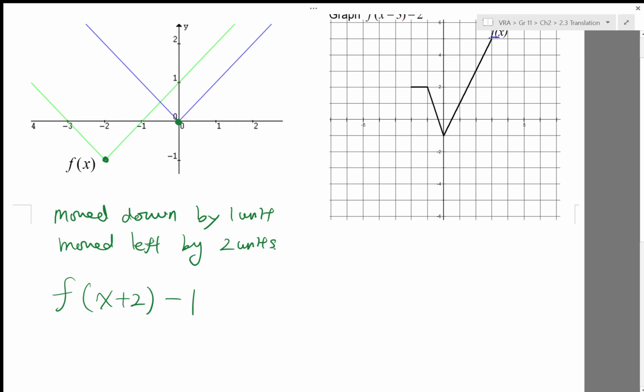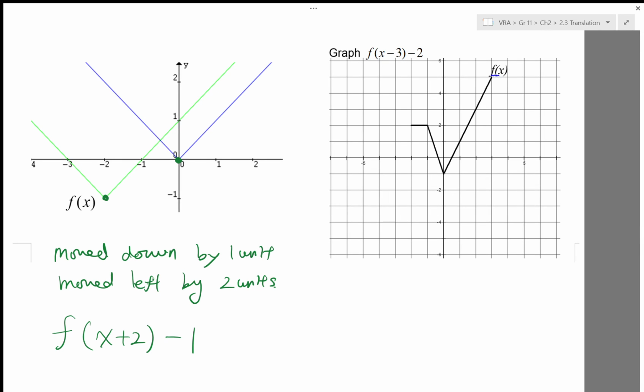Now, the last one, I actually want you to try at home, and then we'll take this up all together. So we're graphing this. We have f(x) looking like this, and then we have f(x minus 3) minus 2. This is not an easy question, but it's not a hard question either. So try this one out, and then we will take up these questions in class